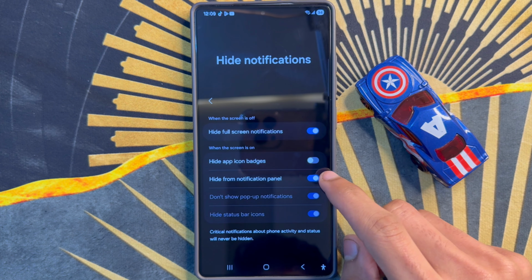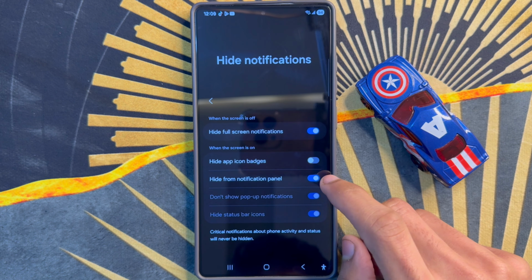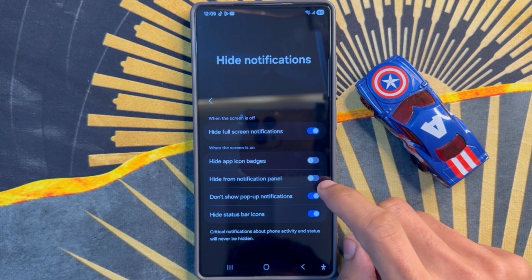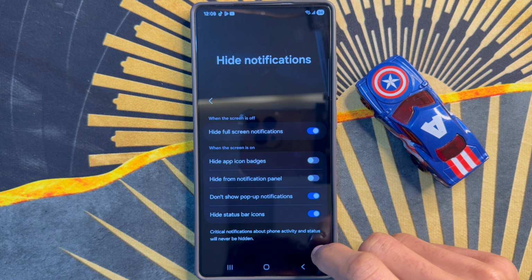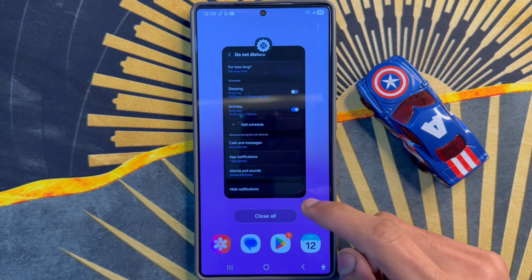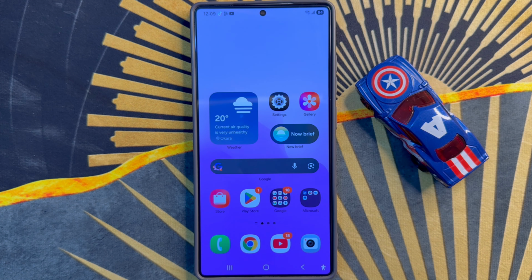So you will enable or disable hide from notification panel from here. After the process, go back to home screen, refresh phone. So that's how you can enable or disable hide from notification panel during do not disturb on Samsung Galaxy